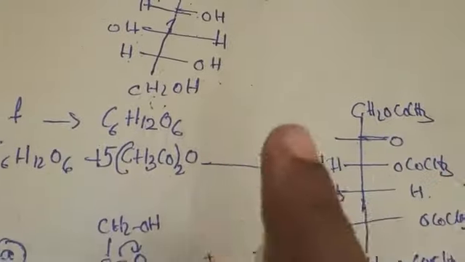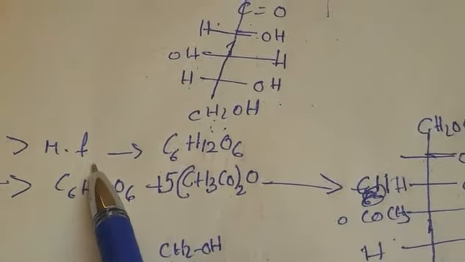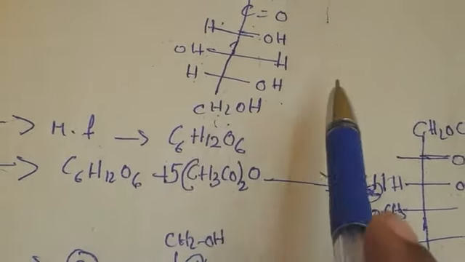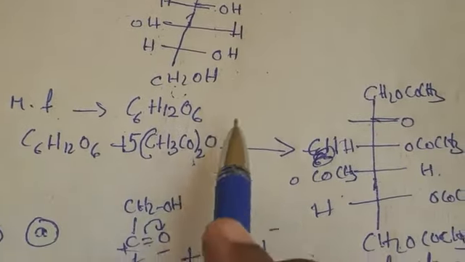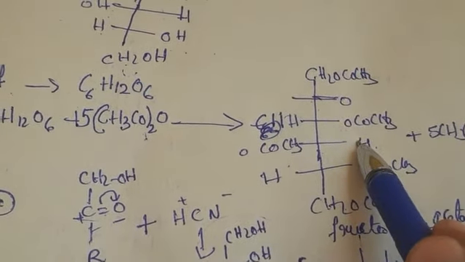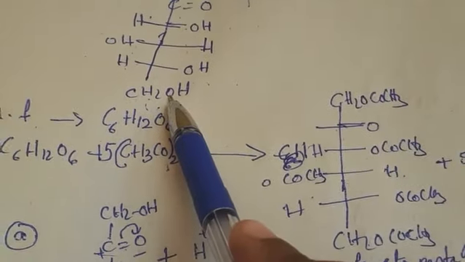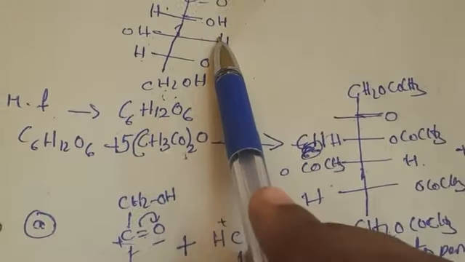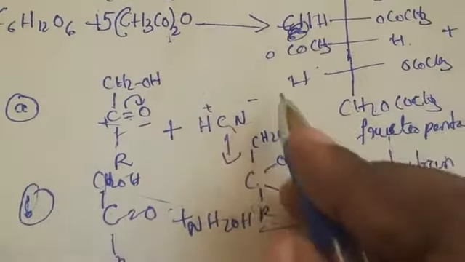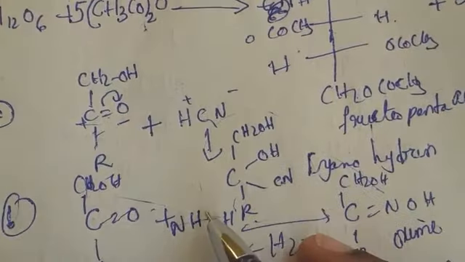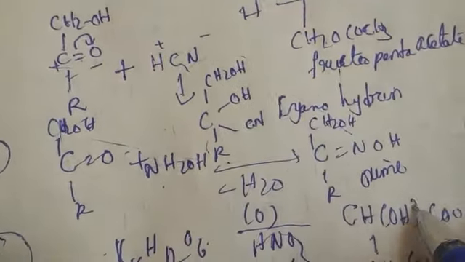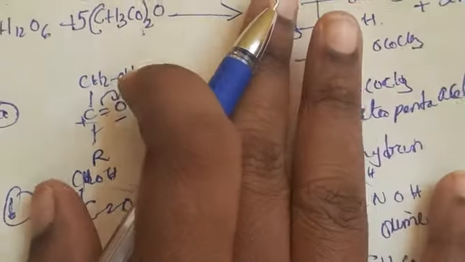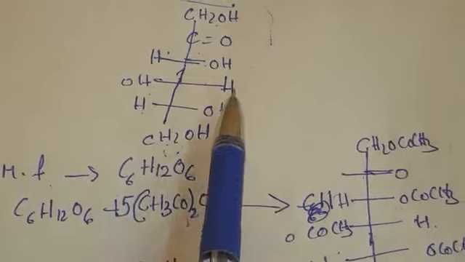See here, the molecular formula of fructose is C6H12O6. To know the hydroxyl groups are present, we treat with acetic anhydride, which reveals the presence of 5 hydroxyl groups. We also have a ketone group. To know this, first we treat with HCN, forming cyanohydrin. When we treat with NH2OH, it forms oxime. These 2 points indicate that a carbonyl group is present, but here the functional group is ketone.